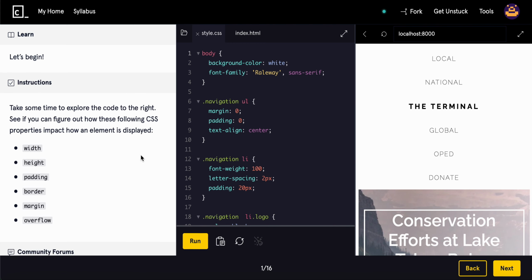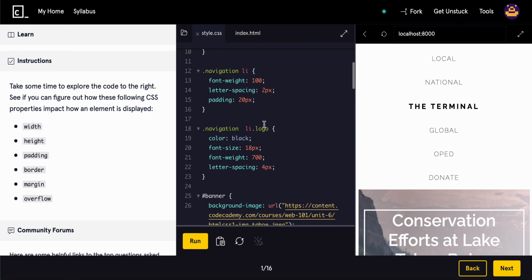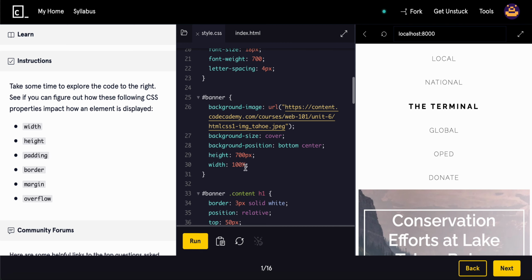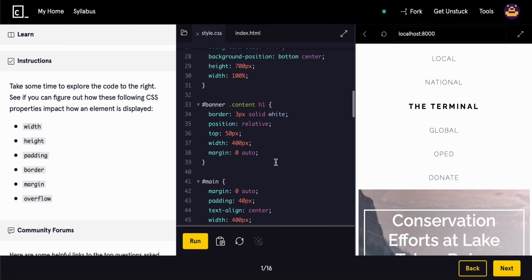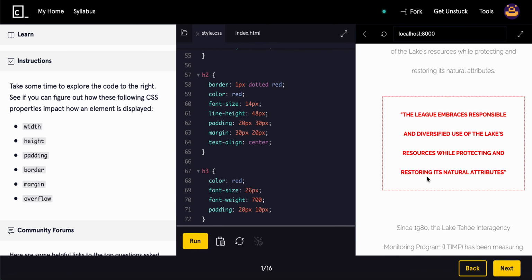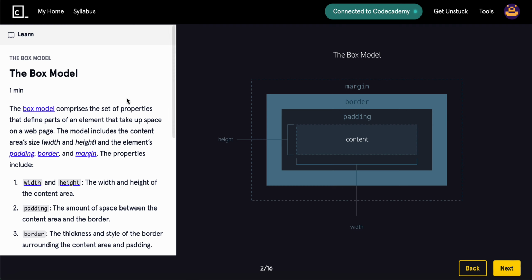So take some time to explore the code to the right. See if you can figure out the following properties, how it is displayed. Okay, so you see the padding, the letter spacing, the height, the width, the overflow, all of that good stuff. So yeah. And then to continue, the box model comprises the set of properties that defines parts